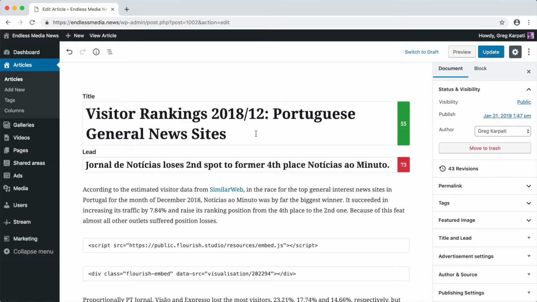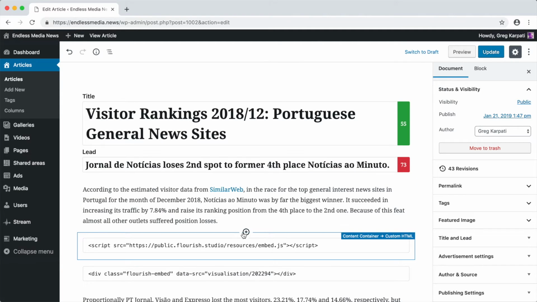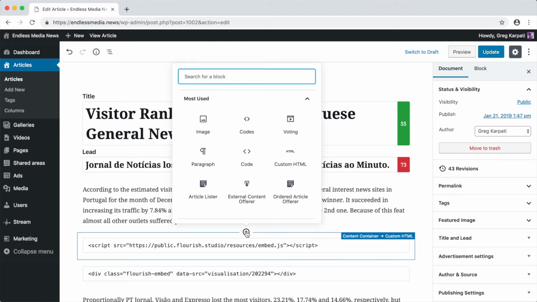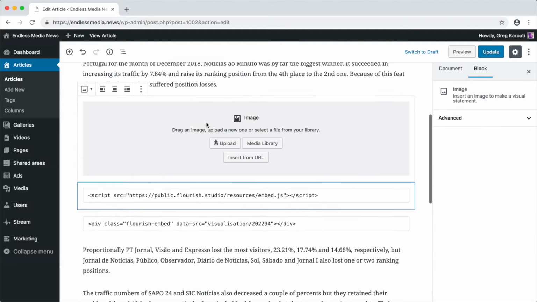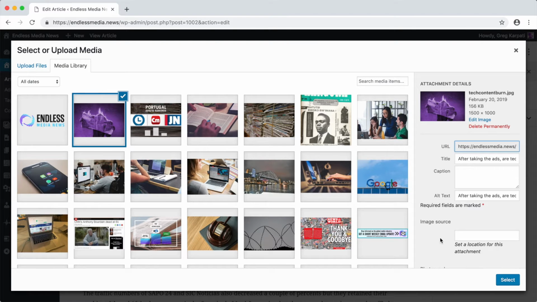Below the title, you see the lead and the article body, which is comprised of blocks. You can insert new blocks anywhere you see a plus button. I'm inserting an image block by selecting a picture from the media library.